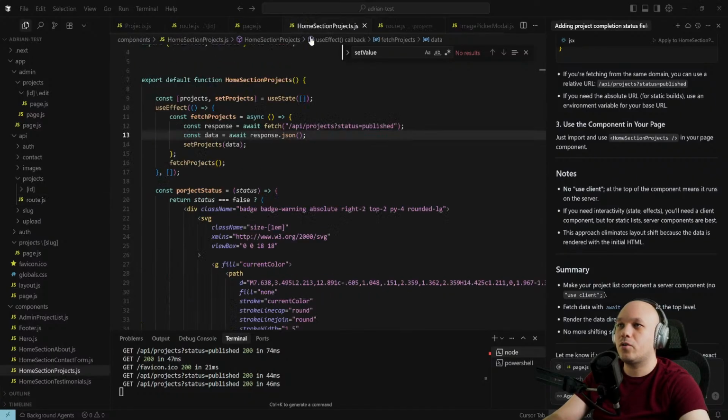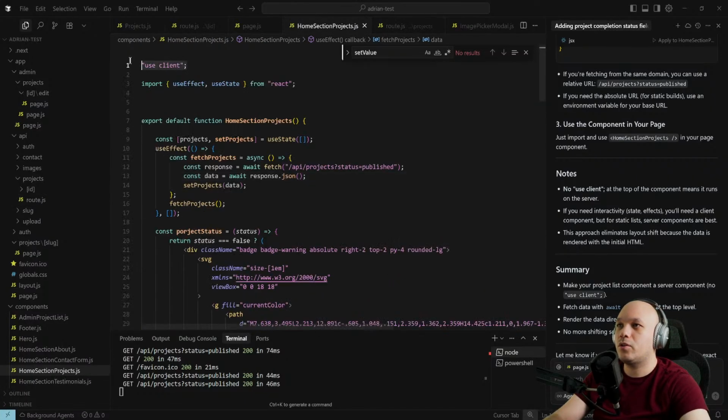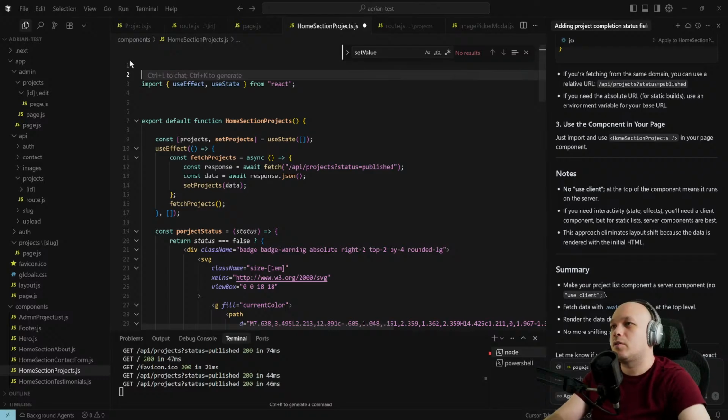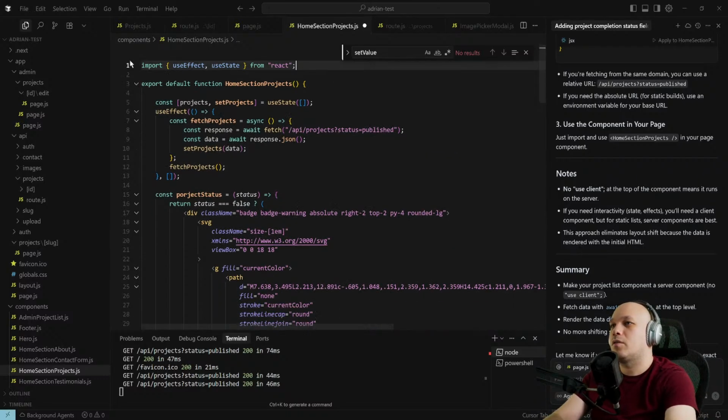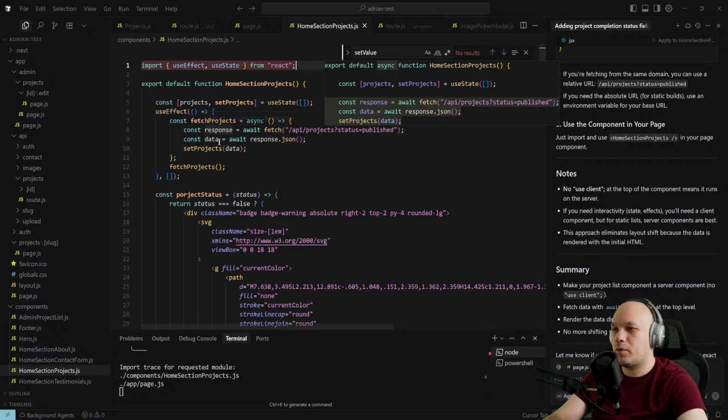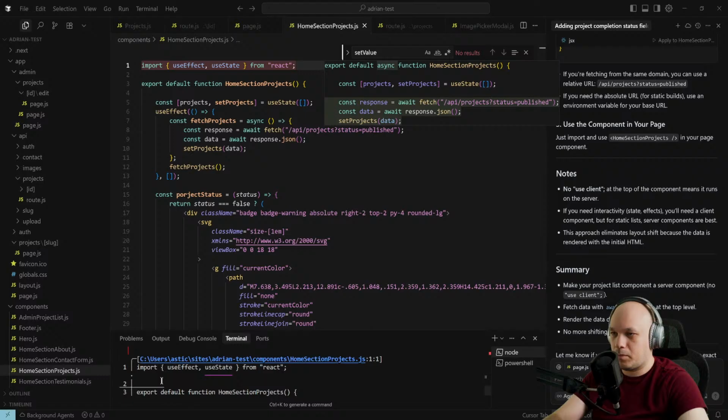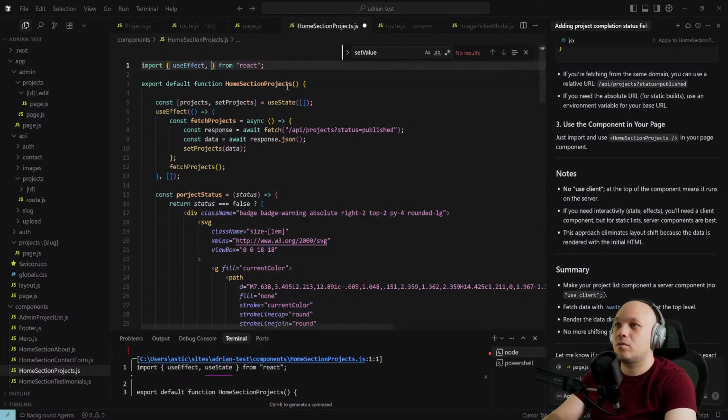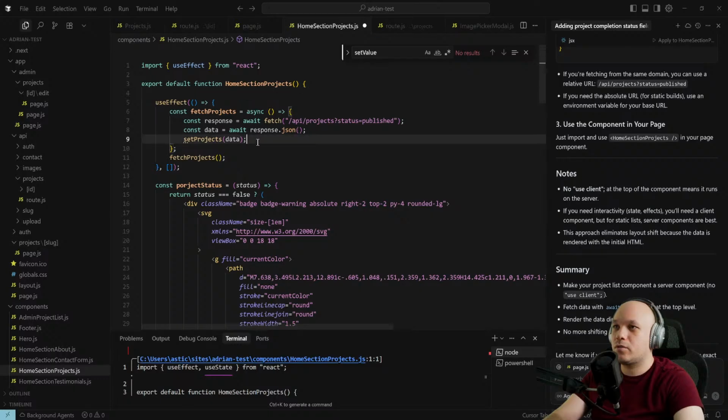So if I go here and we do not do this, we do not use state, only use effect. We do not use set projects. We do not use this